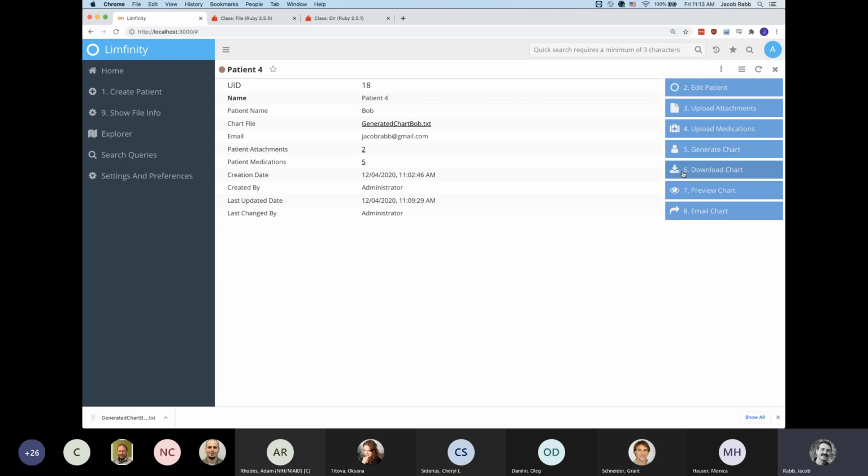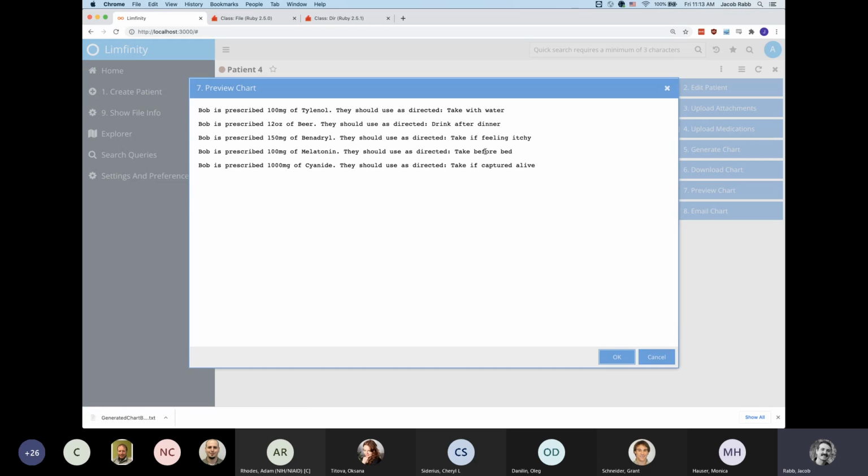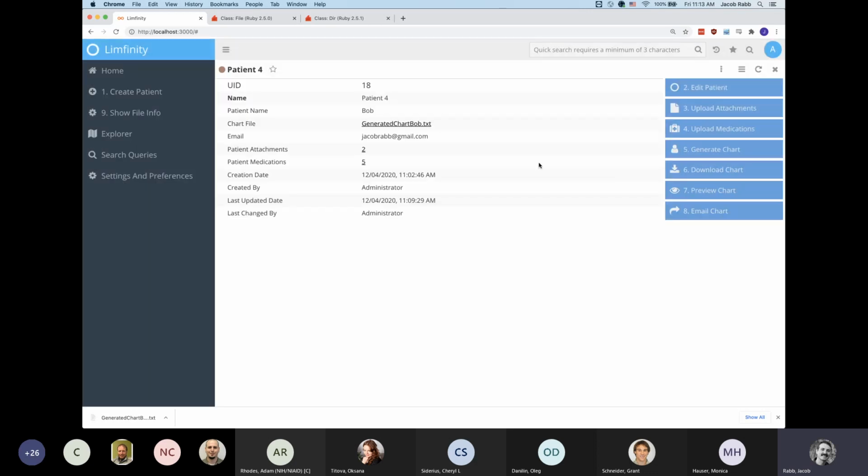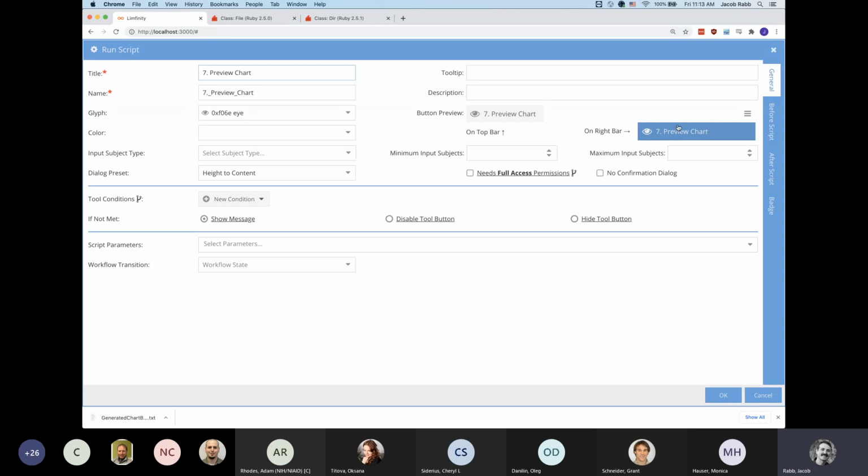So, previewing a file in the system. First, let me just show you how it works. I'm going to click the button, and I can see the file directly inside the system. No need to download it. No need to open it using a program that I already have. It's just right here. This actually works using things that are built into your browser to render files. So the way this works here is